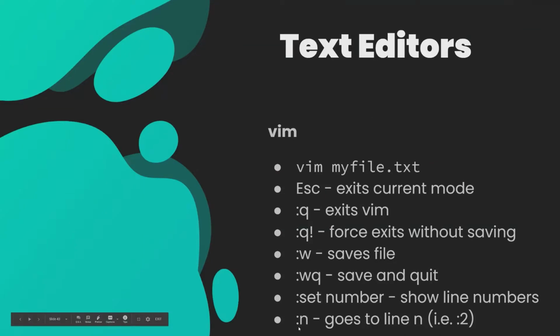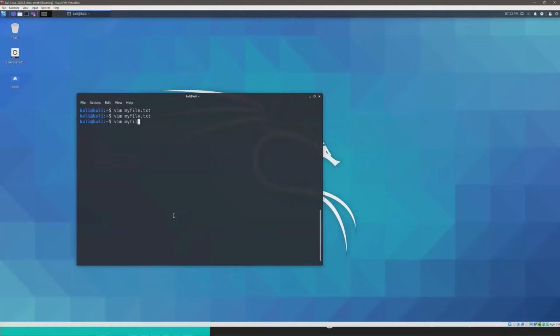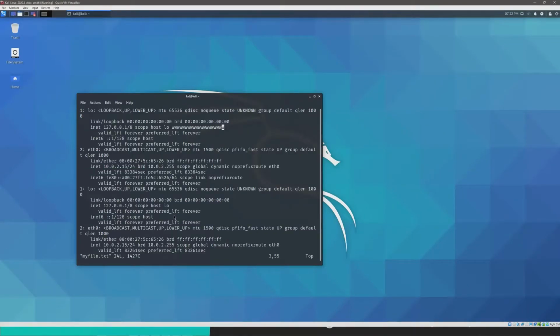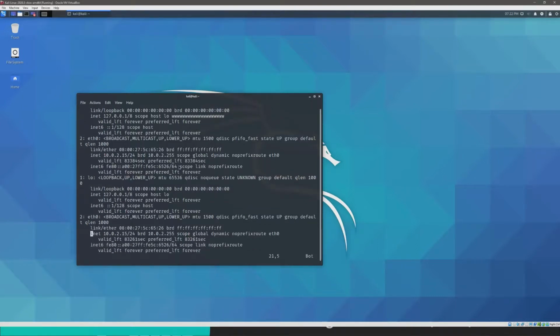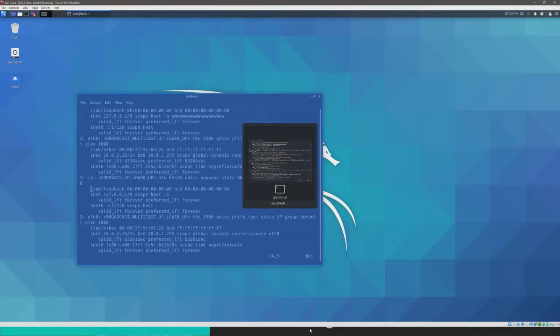It shows the line numbers, and then :N goes to the particular line that you want to. So let's go back and show that real quick. Let me go vim myfile.txt. And let's say I wanted line numbers, because, you know, typical coding environments have line numbers. I would do :number, and that would show me, actually, that would show me the current number.